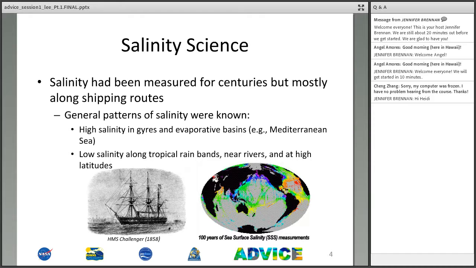The picture on the lower right shows the pattern of the salinity based on the past 100 years of ship-based measurement, and this is before the era of the Argo array, and the Argo array has about 3,900 autonomous profiling floats in the oceans,